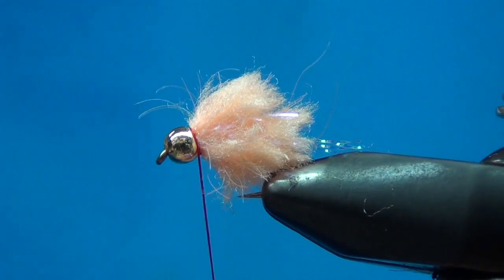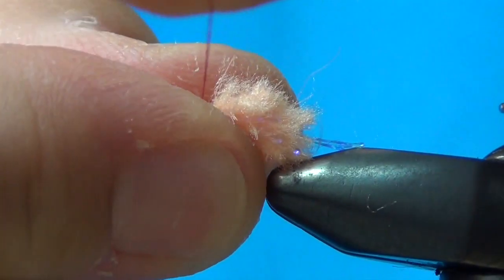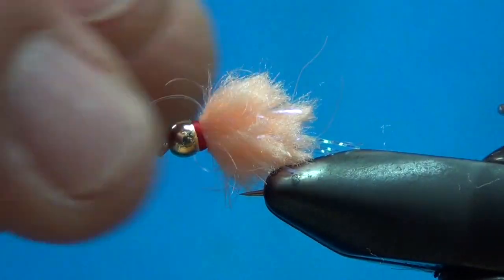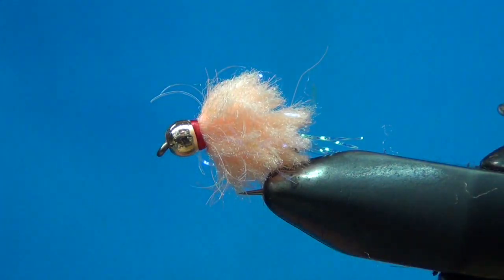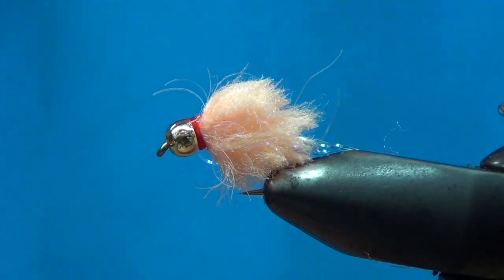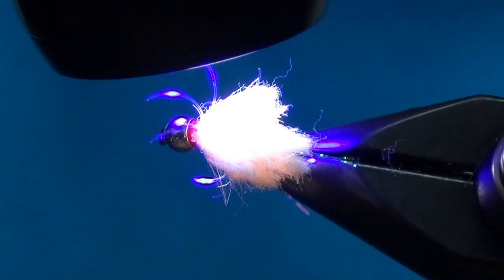and then you are ready to whip finish. About 6 turns there, get it nice and tight, and there you go. That is easy. I'm going to take a little bit of Solaris Bone Dry and just put a little dab of that on there. That'll sink down into those threads. I'll hit that with my UV light. You can see how that